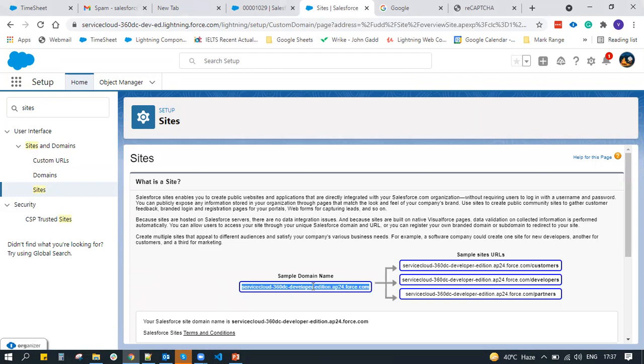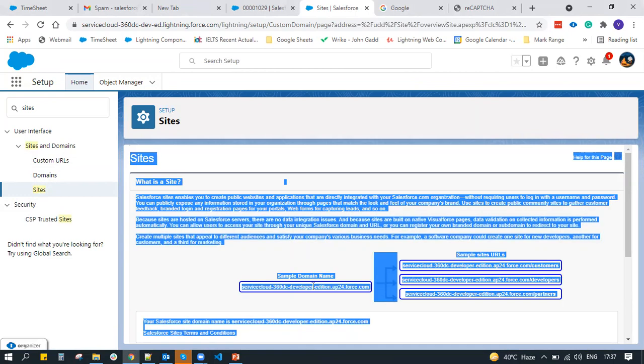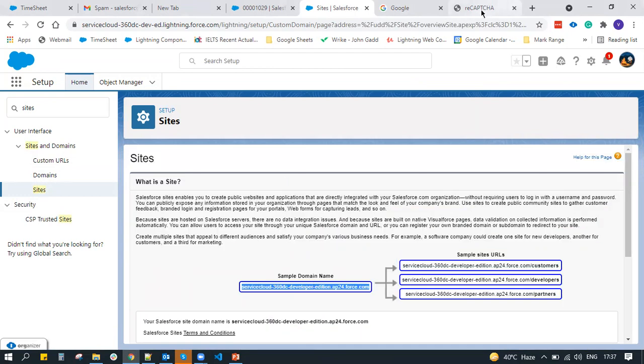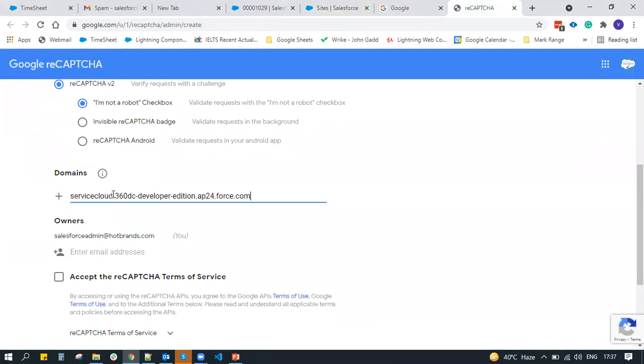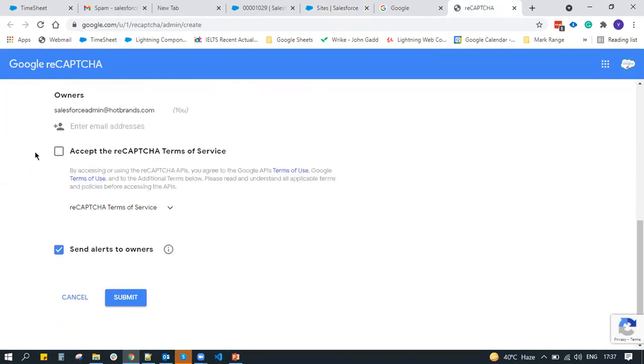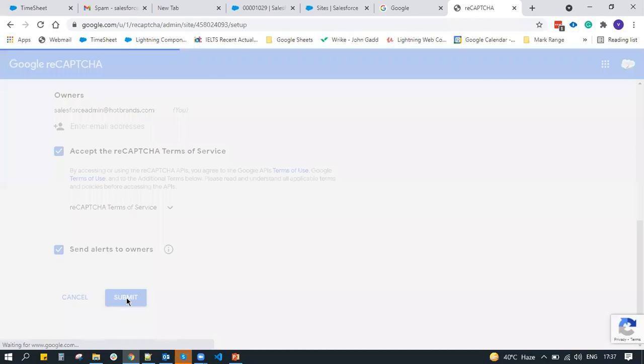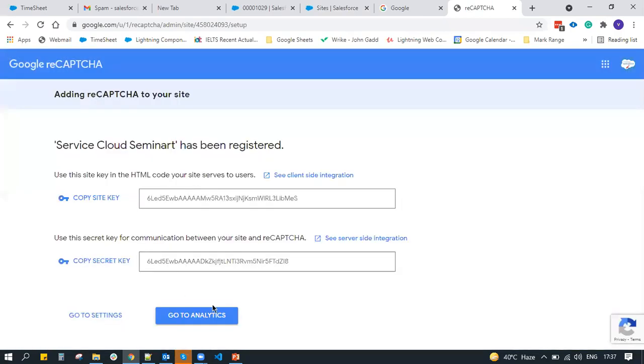Just copy the domain, go back to reCAPTCHA, paste it here, and accept. Okay, click on submit. As soon as you click on submit, the API key and secret will be shown to you.